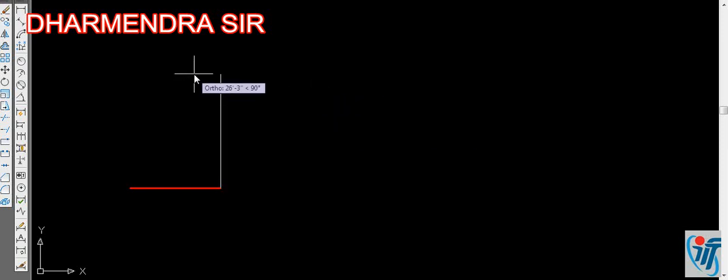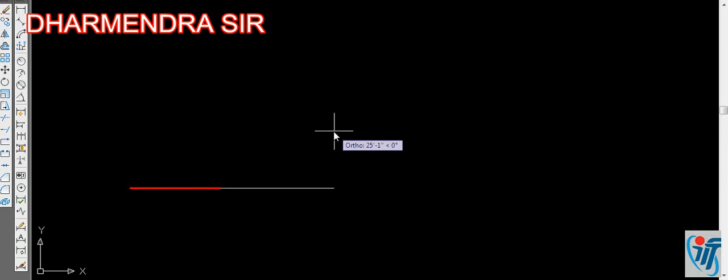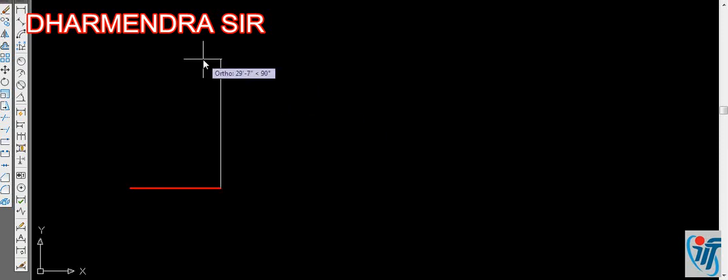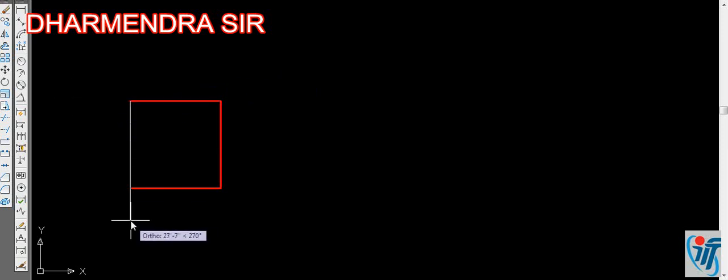You can move the cursor to extend the line towards the y axis. I am just giving you the idea. I will move the cursor towards y, 20 feet once again, 20 feet once again, and it has formed a 20 feet rectangle. Here I have drawn a rectangle using the line command.